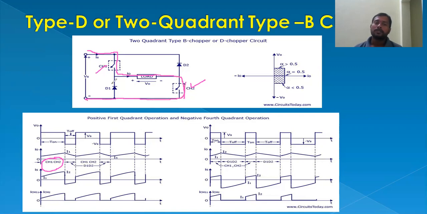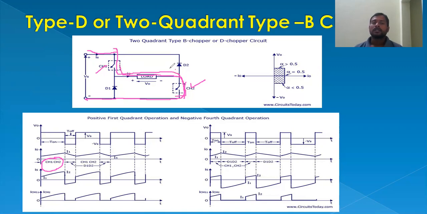Because this diode is reverse biased, even though this one is forward biased, it will be short circuited, so current cannot flow in this direction. And this is forward biased, but from the supply this is positive and this is negative, so this will be reverse biased. This is also reverse biased. That's why current passes and the supply will be in this path only.